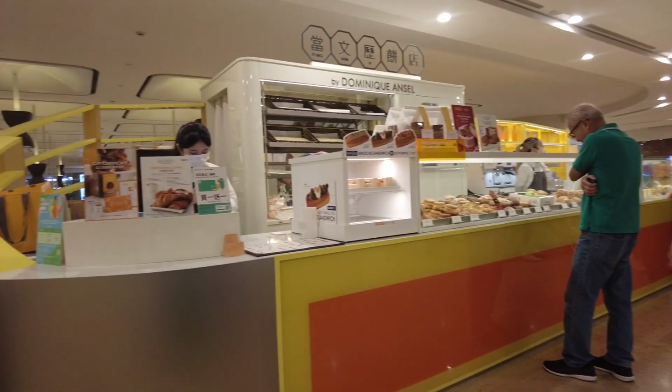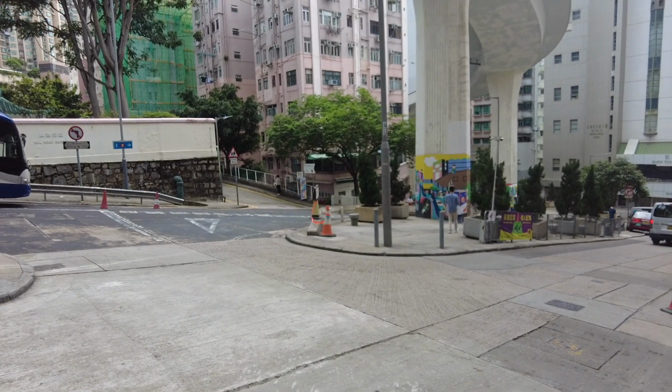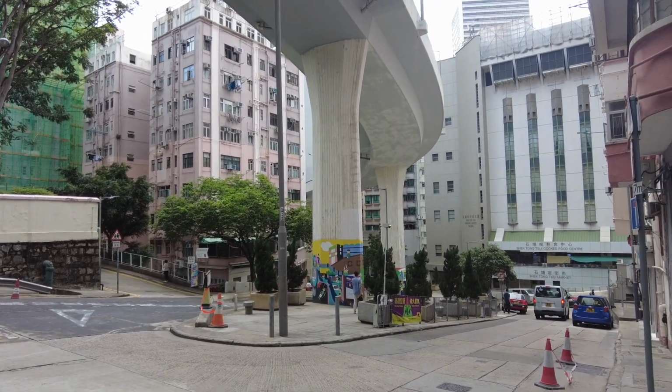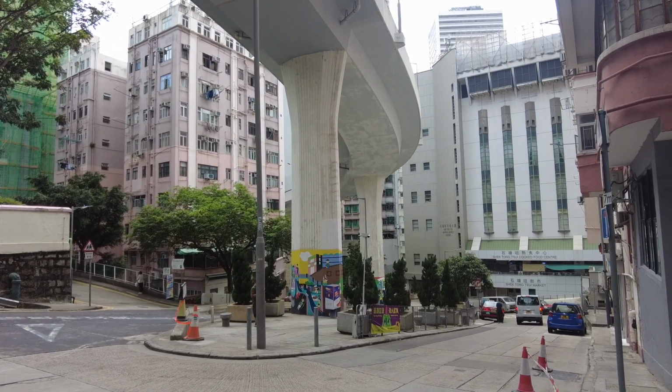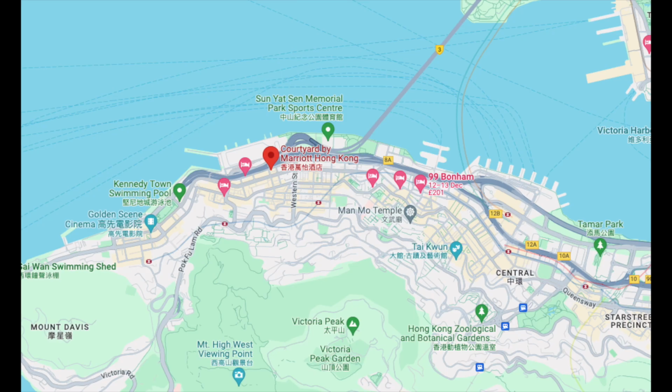So the next hotel where we were actually staying was also from Marriott, but it was not JW anymore. It was Marriott Courtyard, located on the opposite side of Hong Kong Island. Between Hong Kong University and Sai Ying Pun, this hotel was way more affordable. The location was actually really good as well, so we definitely enjoyed it, and I recommend Marriott Courtyard as your